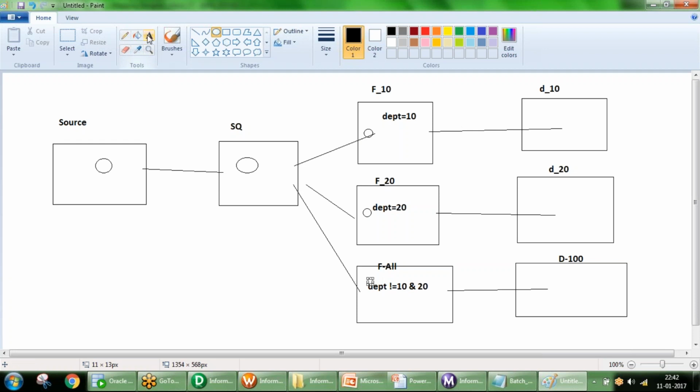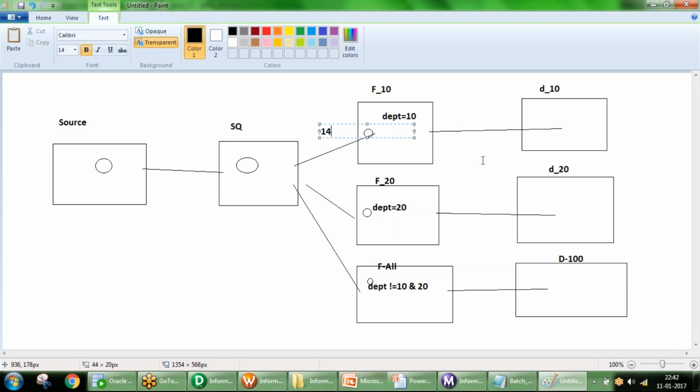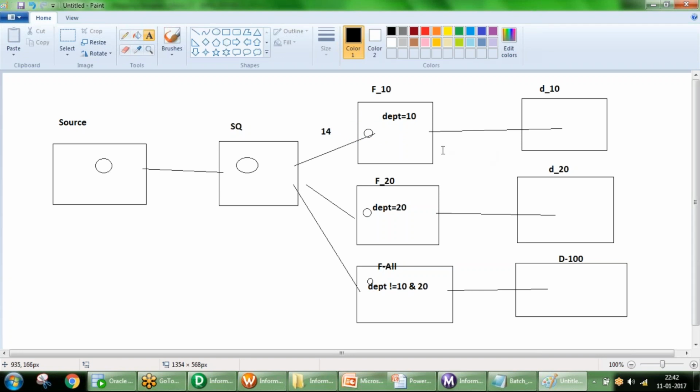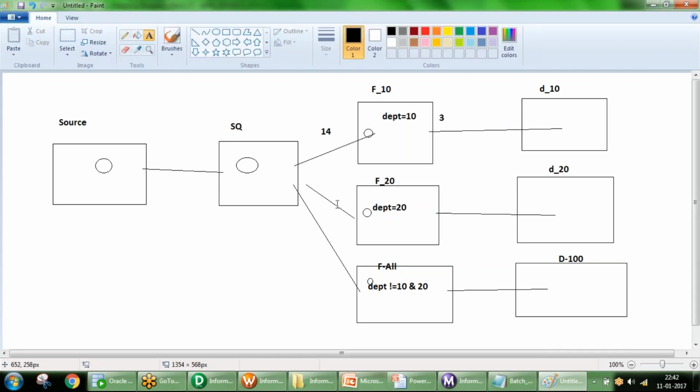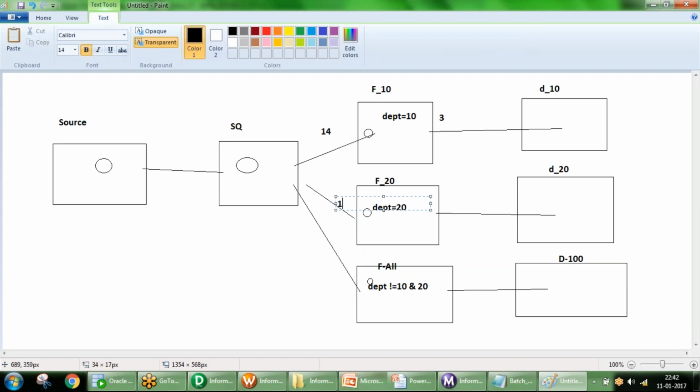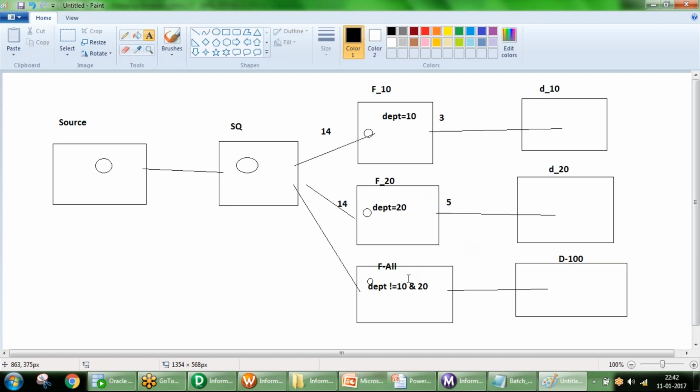If you see from the source, how many records are we getting? 14 records, right? All 14 records will be scanned by your first filter to find out the matching 3 or 4 records. In the same way, the second filter is also going to scan 14 records to find matching records. Maybe you get 5 or 6 records.